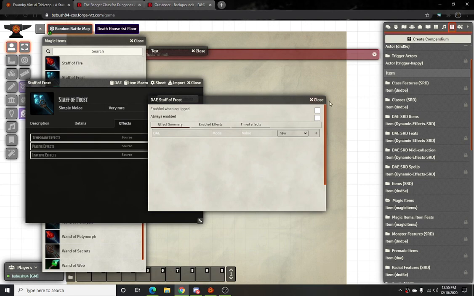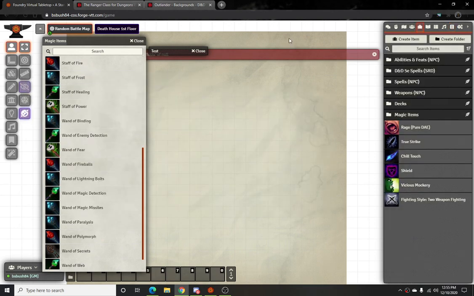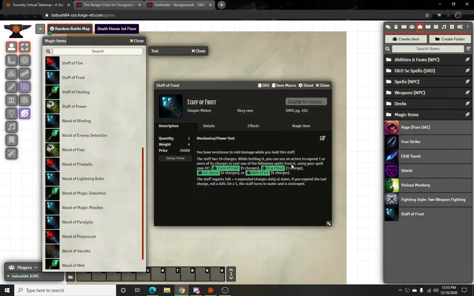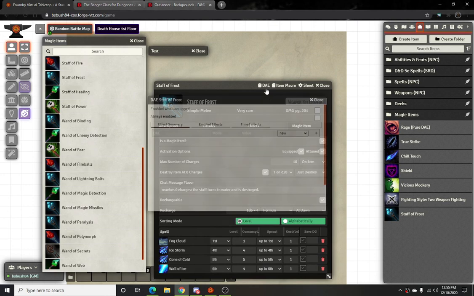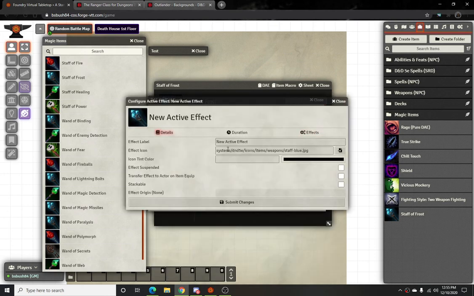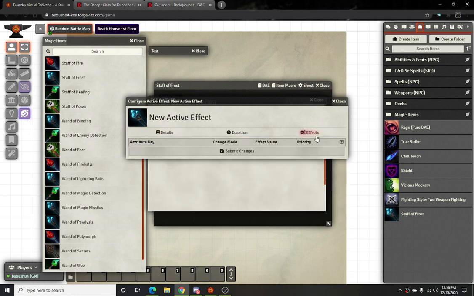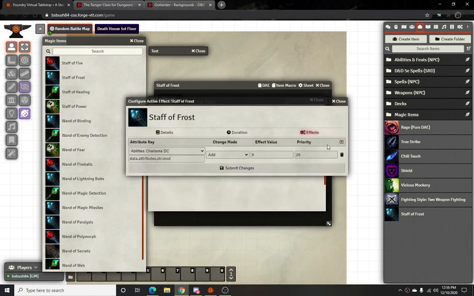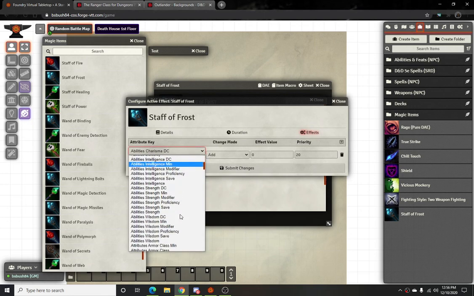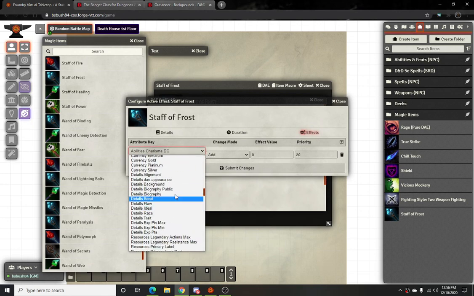Why is it saying null? I guess I have to import it, otherwise it won't let me mess with it. Alright, import, Dynamic Active Effects, New, there we go. And you can just say, you know, Staff of Frost, and the effect will be, you'll create here, and you'll add, it is gain